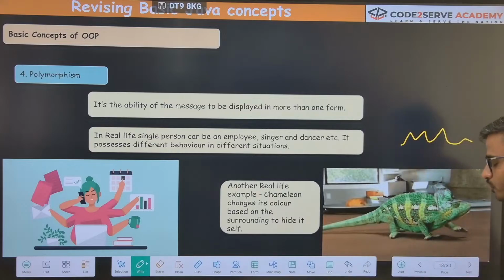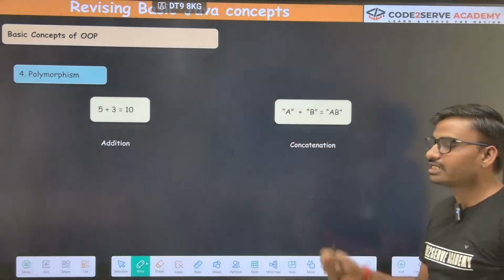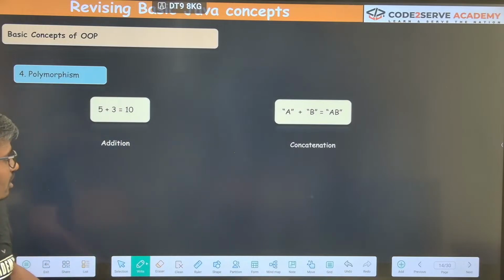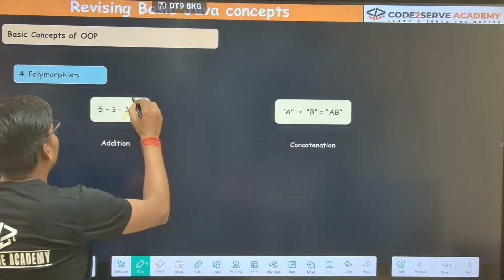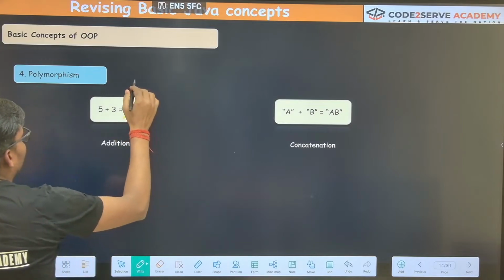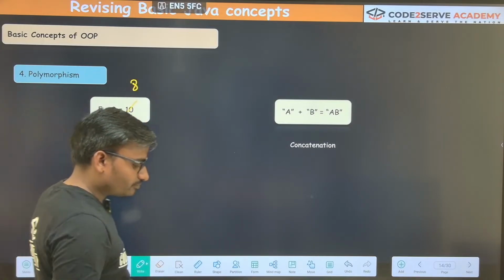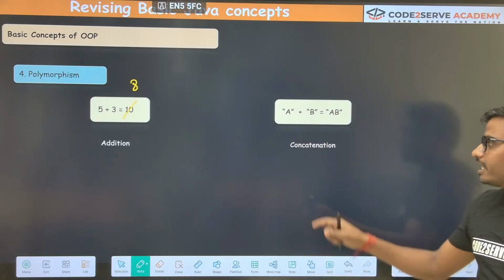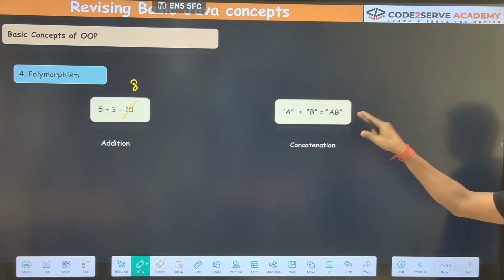With an example, I will show you what polymorphism means in the real coding sense. Like here you see, here is written 5 plus 3, and here it is written 8. Got my point? And here a plus b is written as ab.